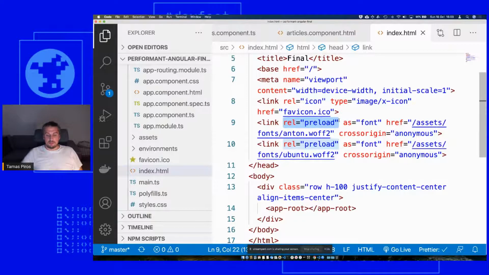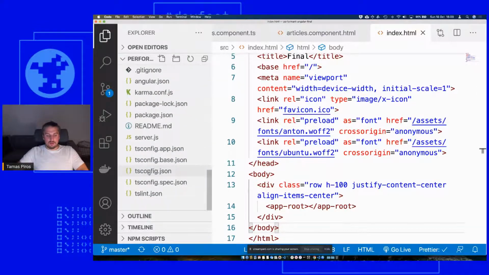With the rel preload attribute, you're telling the browser that these two fonts are important, because you want to make sure that the font type or the font family gets loaded straight away, right? That your text doesn't flicker, and your text will not update at a later point in time to have a different font. It will be loaded straight on. So putting all of these together,